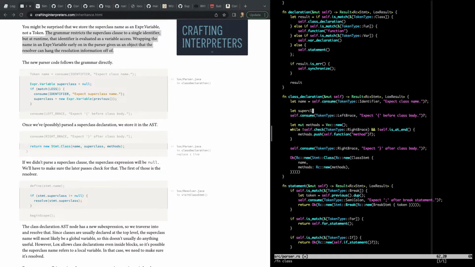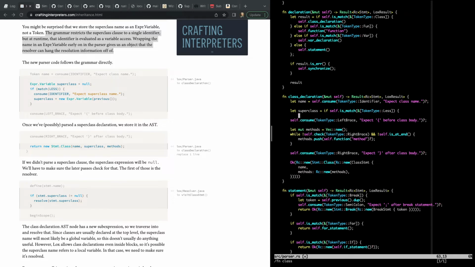Let superclass equals if self match token type less, so this is the less than token, consume token type identifier, expect superclass name,